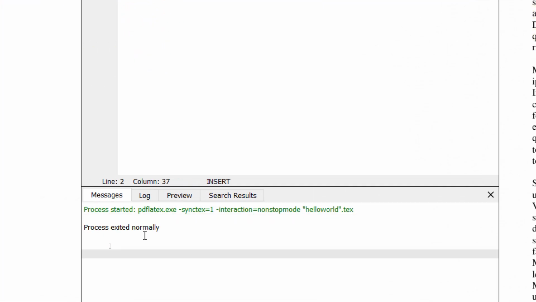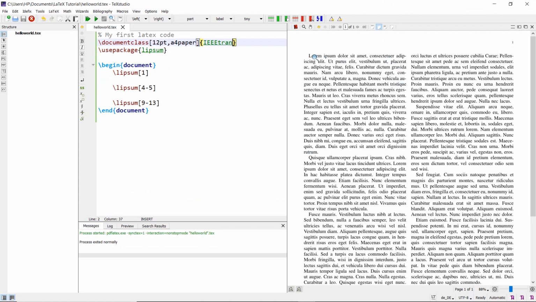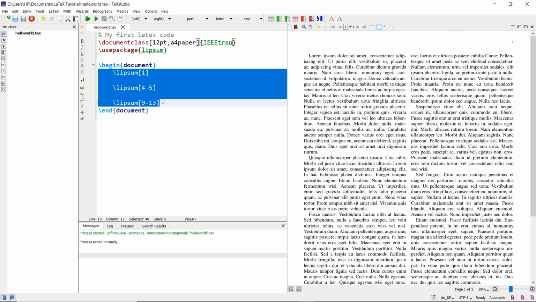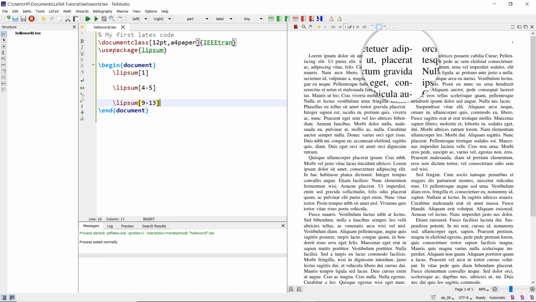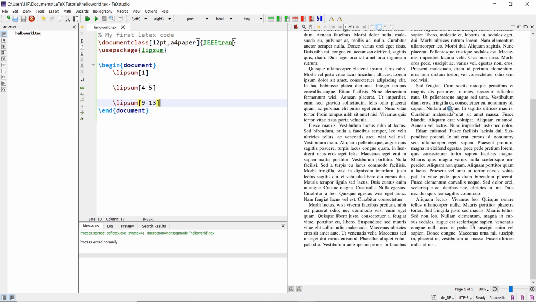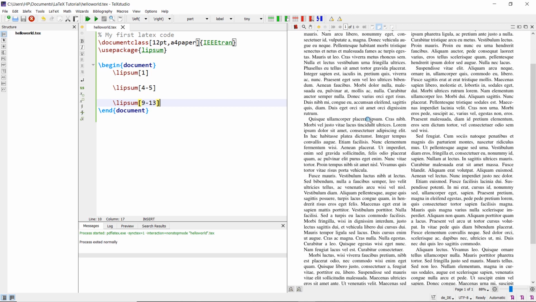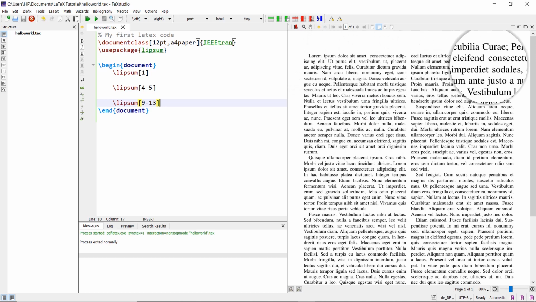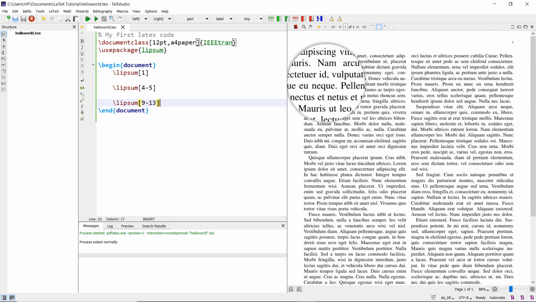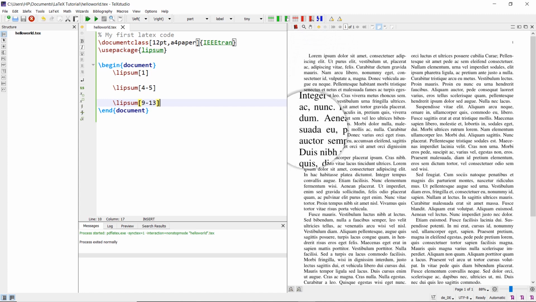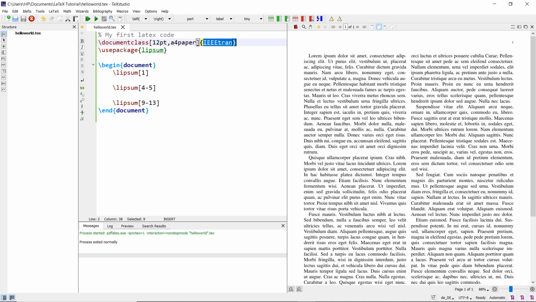It is done successfully. Now you can quickly notice the typesetting of this text. What you need to understand here is you have not altered any of the text, but still you are able to get different typesetting of the document. Does it not really look like a technical paper? Try to do this activity in Word. You will have to remember a lot of windows and their settings and their options. Here, if you can remember just a few of the commands, it will do most of the task.